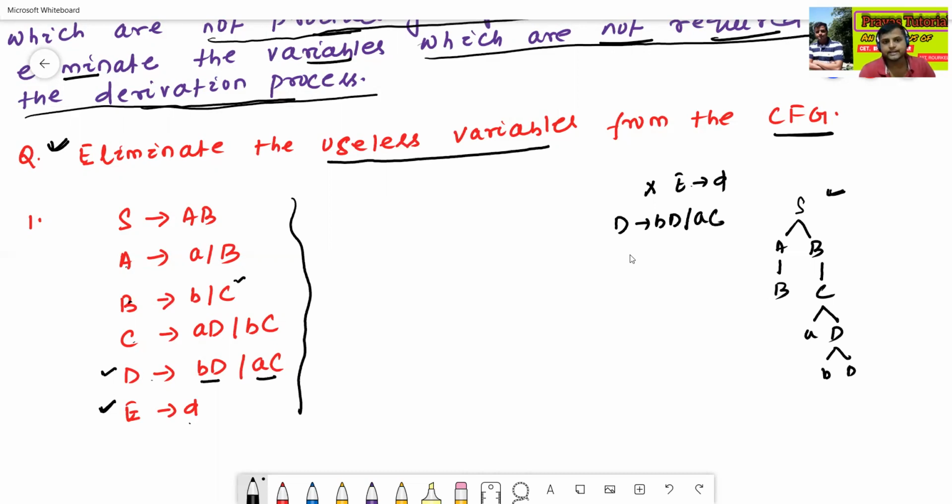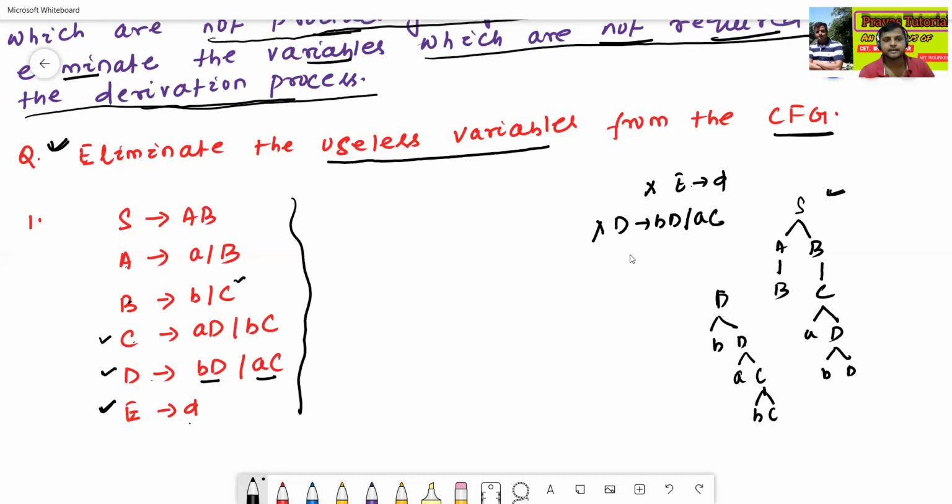See here, D to BD slash AC does not contain any terminal string, so we cannot get any terminal. Suppose from D I am using BD, then D again, suppose I am using AC, then C again ADBC, again BC, but it cannot be terminated. So D to BD slash AC is also a useless variable.